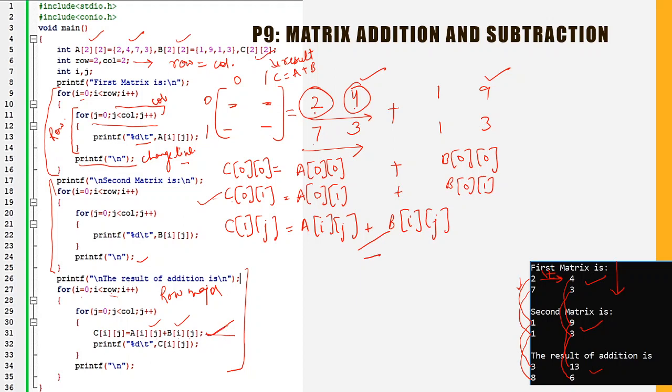So this line works for you, and as soon as you estimate Cij, you can also print it and put a backslash t for this result. After you finish a complete row, that is, you complete all columns, okay, one row and all columns, right? Once you finish all columns' addition, then you shift to the new row, after printing backslash n. Okay, so this is how matrix addition and subtraction takes place.